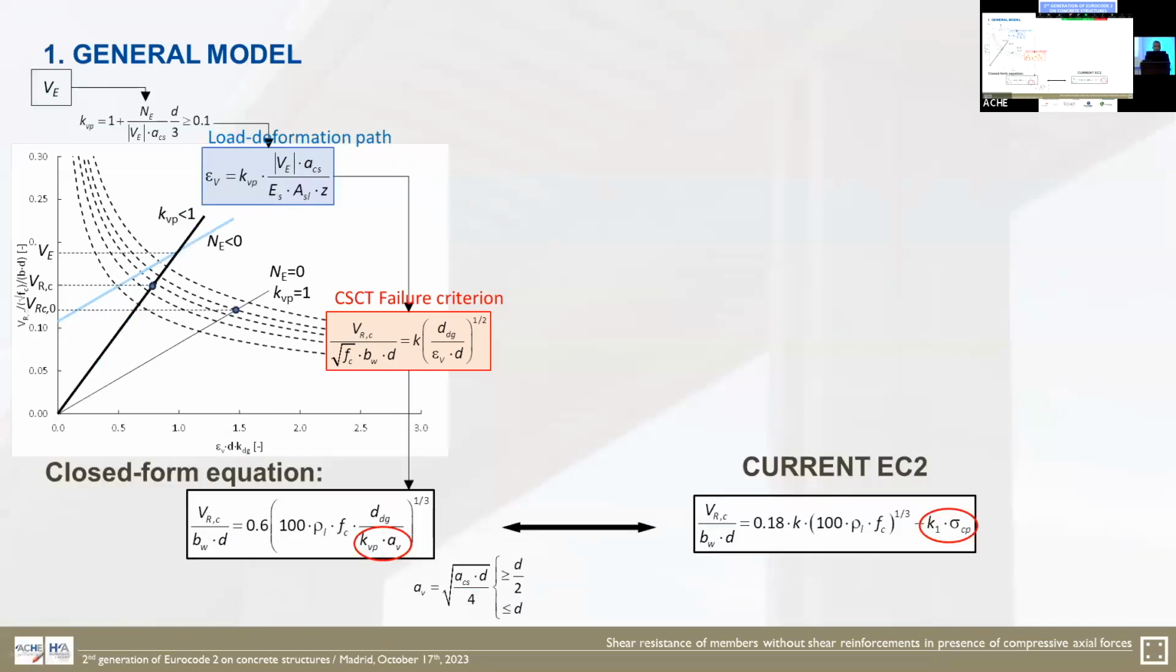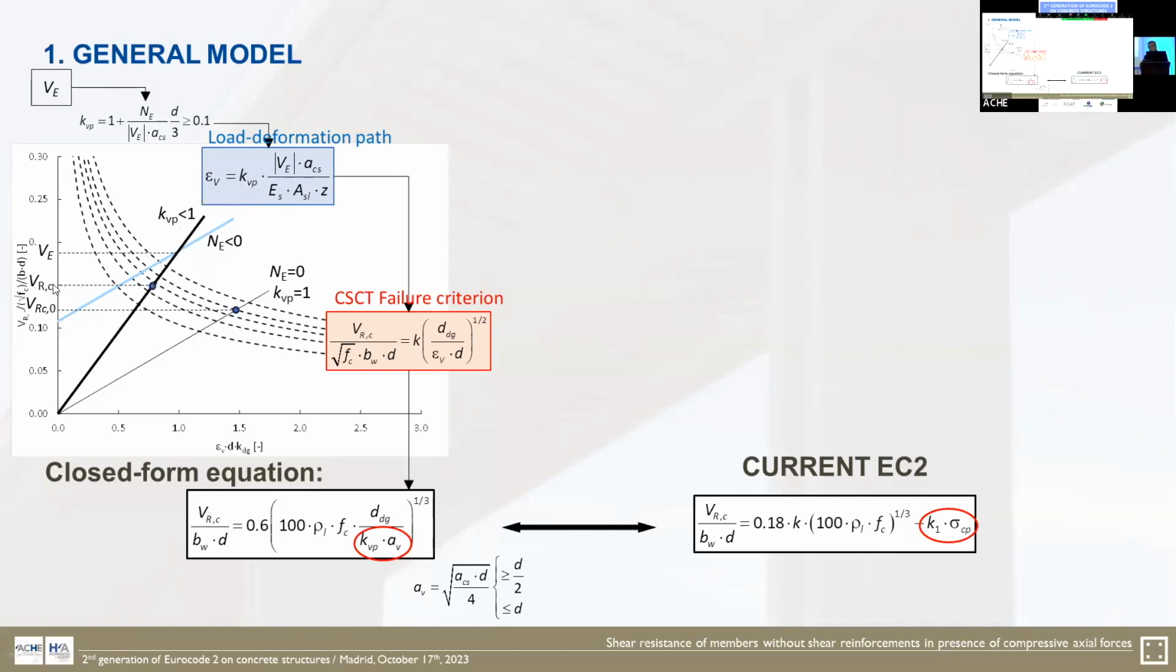So, given the value of the applied forces, the coefficient KVP can be calculated. And from this value, the load deformation path is a straight line that passes through the origin. This straight line is of different slope than where there is no axial force. The intersection of this load deformation path with the shear failure criterion